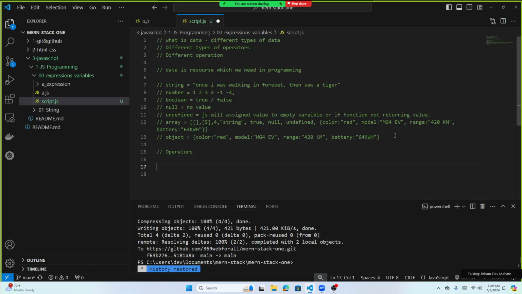Operators, right? So the first one is, let's call it, string operator. The operator will be like a plus symbol, right? Plus. So if I have to add two strings together, let's call it